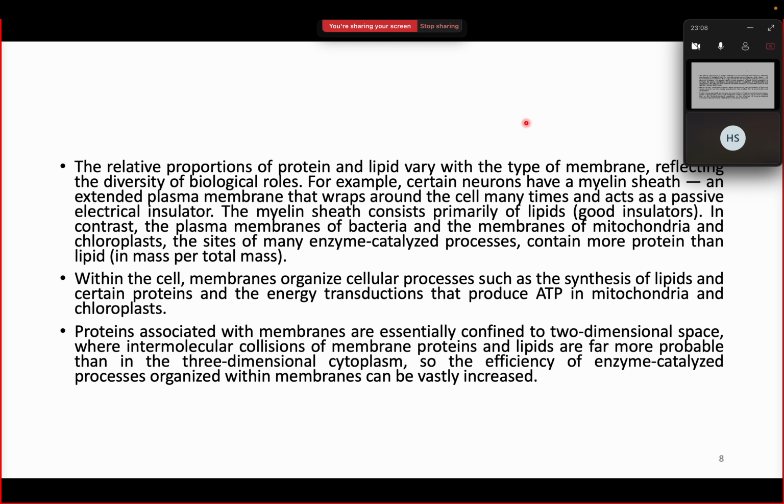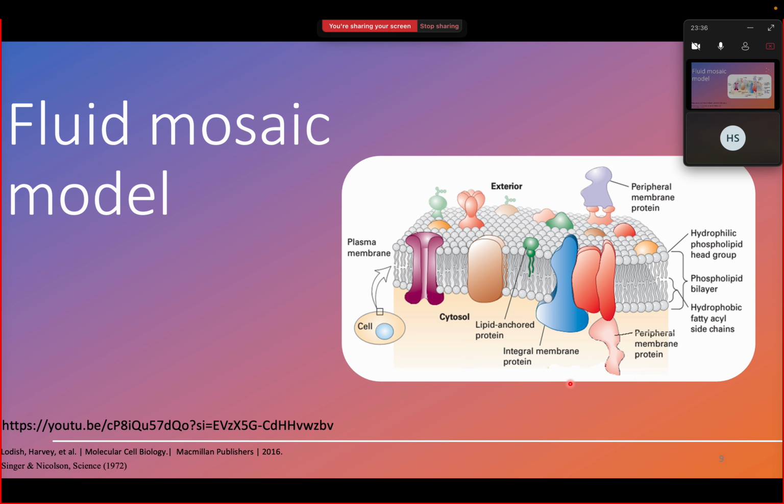So lipid rafts are basically small domains which are formed transiently, which allow for effective communication of a cell, in between the cell actually. These types of domains help in sending and transmitting the signal very effectively without much loss in time. Correct? So if we talk about the basic fluid mosaic model, as I've said,